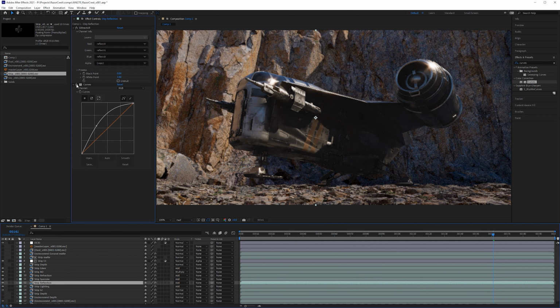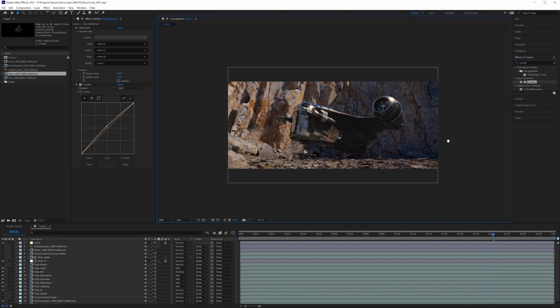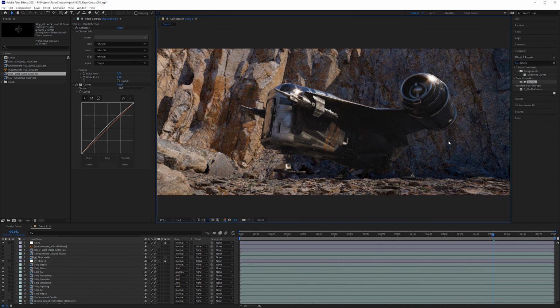So on the reflection, I might actually turn on that reflection again. But in this case, I don't want it to be anywhere near as bright. I might just give that a slight boost just to give it a little bit more right there. We turn this on and off. You can see we're just adding just a little bit more brightness. And if we zoom out, I think that looks pretty good.